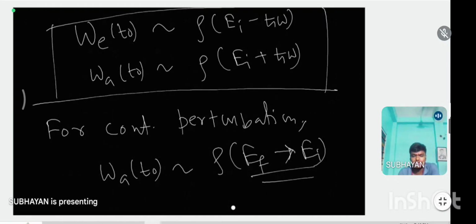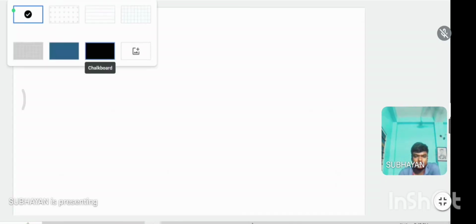No, this was not emission. This was actually found in autoionization. Constant perturbation was found in autoionization. Okay, and the examples of harmonic perturbation: the lasing action,